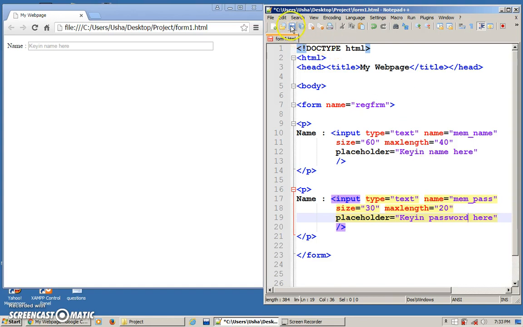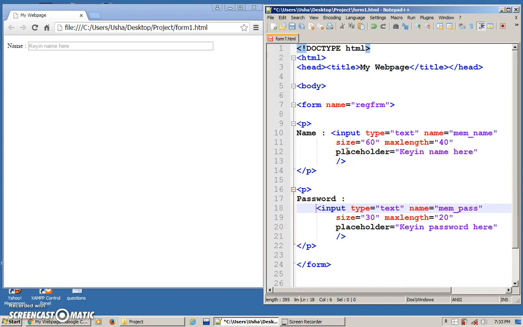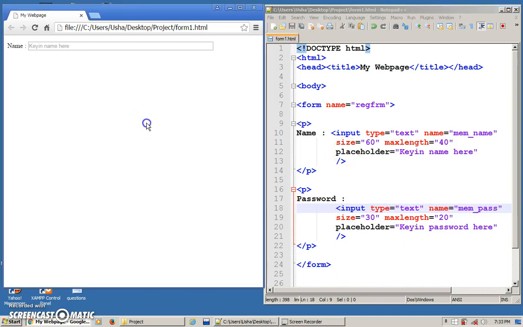But the thing is, if I save this, okay, let me change this as well, so it should be password. So if I do the changes here, let's see what happens. Refresh. Okay, so I have the name here. Okay, let's say Usha, and then let's say my password is very secret. I don't want anybody to know about it. So I put Usha. How come I can see my password? By right, when you key in password, it should be something like a star shape or dotted shape, right?